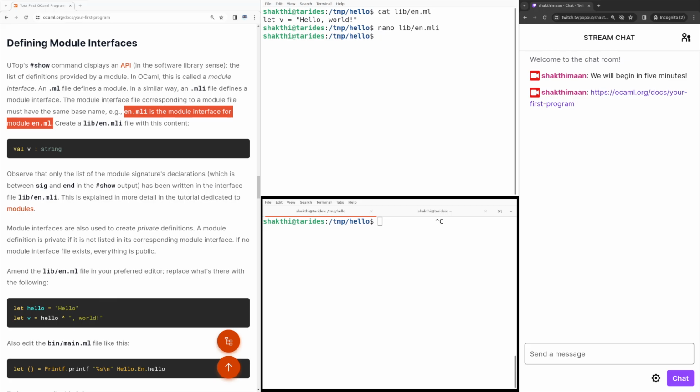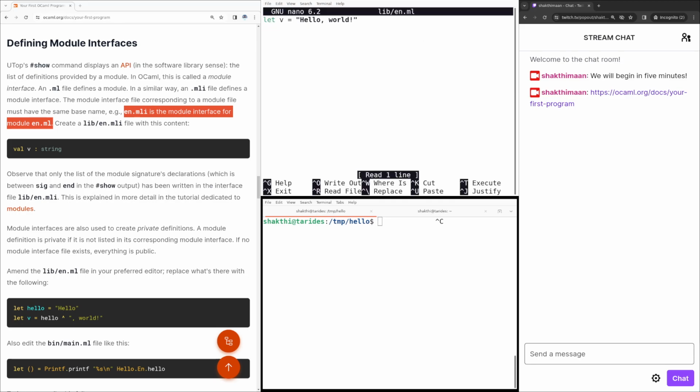Now module interfaces are also used to create private definitions. So if a definition is private, it is not listed in the module interface. So let's see an example here. Let's update en.ml. We only have v,